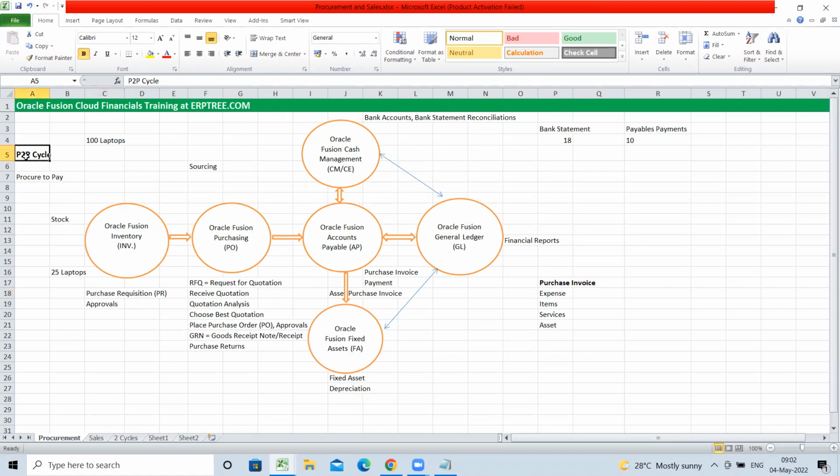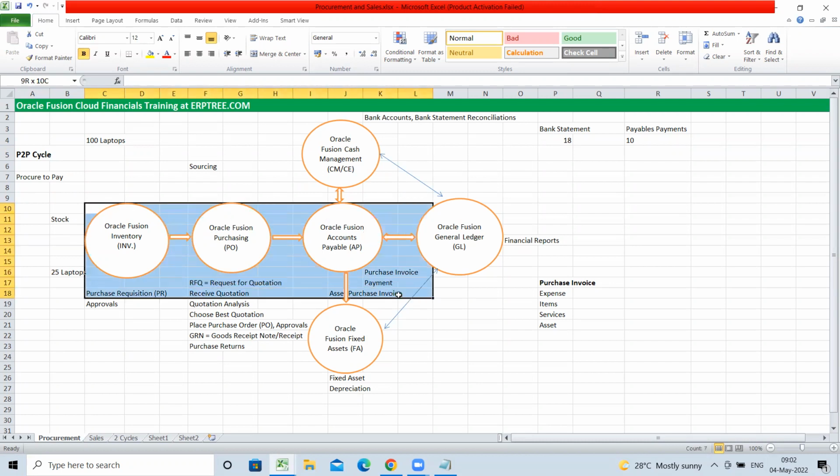So the P2P cycle, P2P means procure to pay. In the procure to pay cycle, primarily these 3 departments are involved, or you can say these 3 applications. Which departments? Inventory department, purchase department, and payables department. So the process is initiated with purchase requisition and will end with a payment. Right from procurement activity to payment activity, from requisition to payment, we call it the P2P